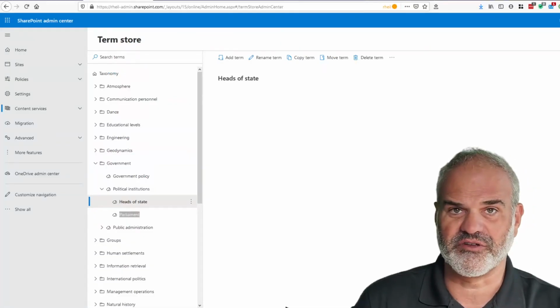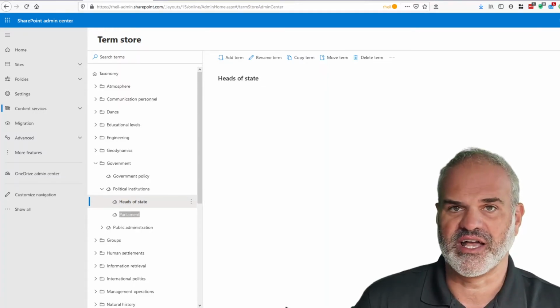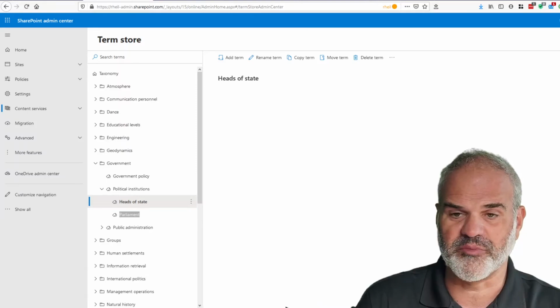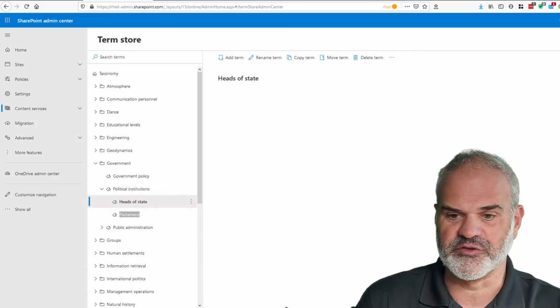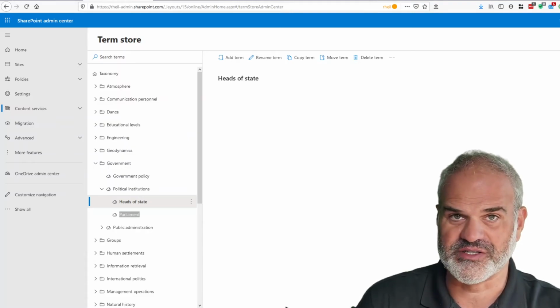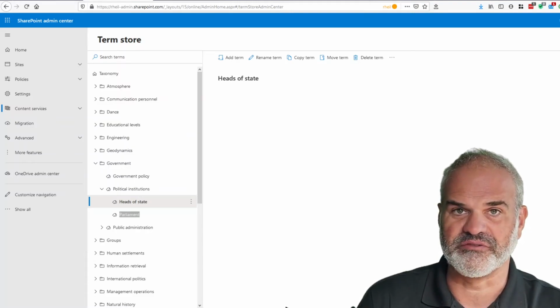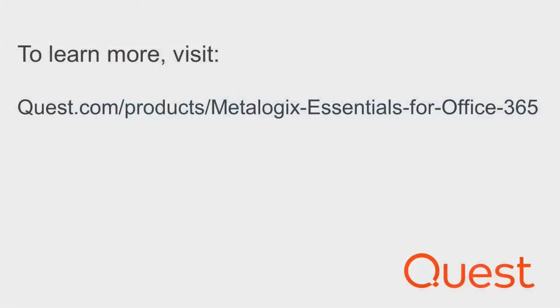Last but not least, we're going to have a final look at the term store in our SharePoint Online Administration Center. And here you can see that there are a lot of new SharePoint Online term groups, term sets, and also the new terms which I've just added here in the political institution called Parliament. And you can use all these new terms here directly in your documents and attach them to all different SharePoint objects where it's available.